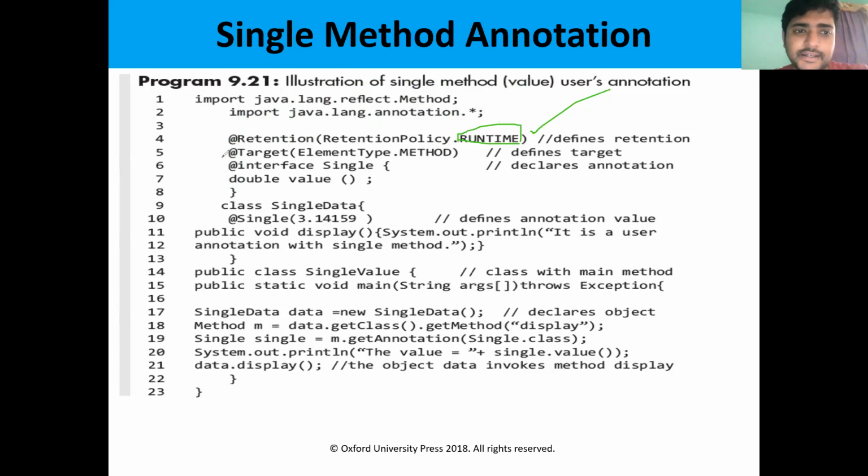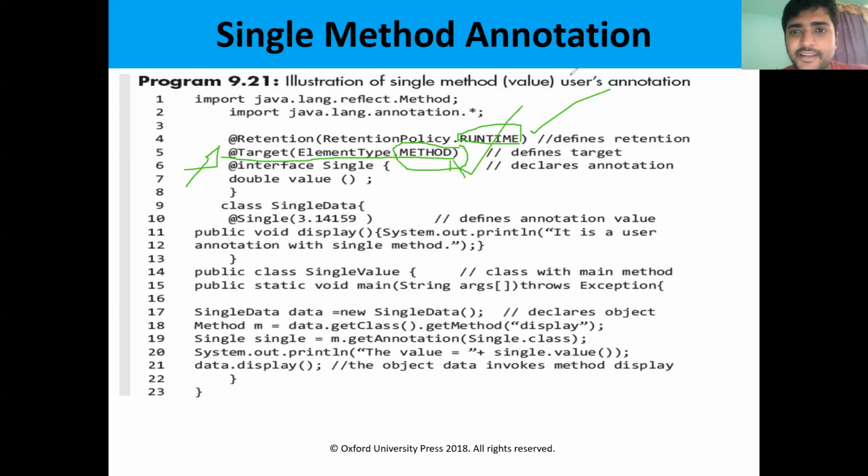retention policies. And then Target. We have seen that Target annotation also. So @Target(ElementType.METHOD). That means ElementType.METHOD means we are going to define a target for the method. We are performing the annotation for the method. The method has some type. The type will be defined here. So we have seen ElementType.METHOD, ElementType.VARIABLE, ElementType.CONSTRUCTOR. Like that we have so many target types.